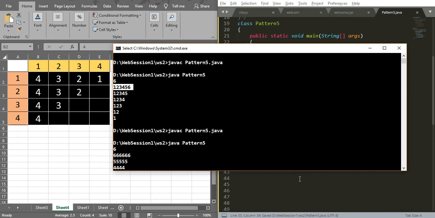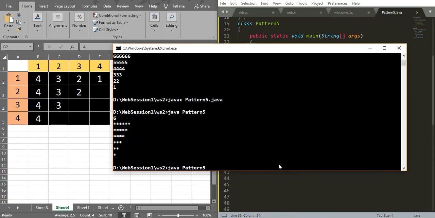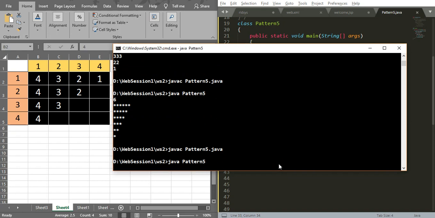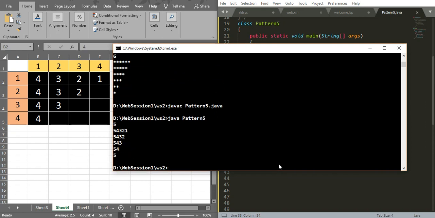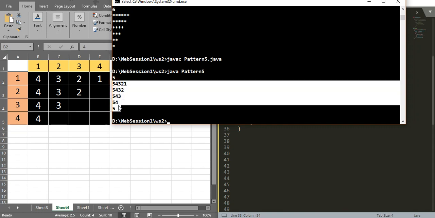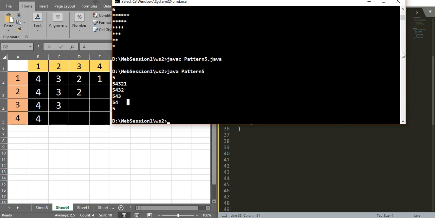So we're going to compile the pattern. Do you see this output? Yes, for the first row we are printing the numbers in descending order for n values. Second row n minus 1, third row n minus 2, fourth row n minus 3, and so on, printed in descending order, right?